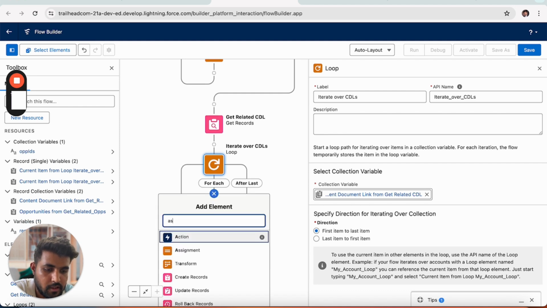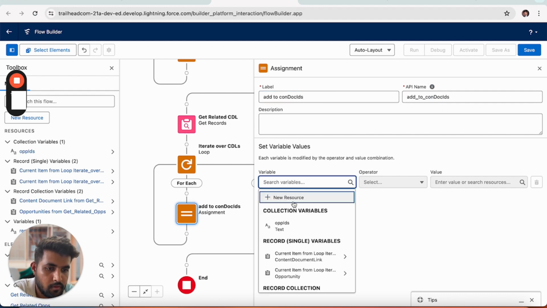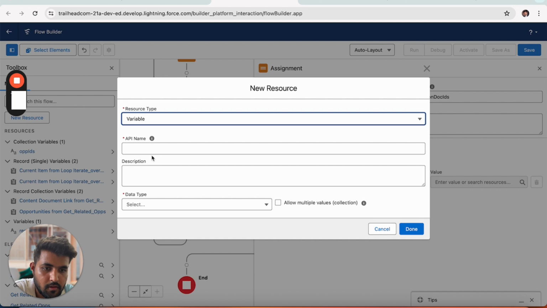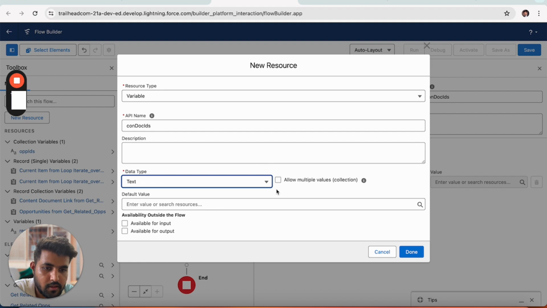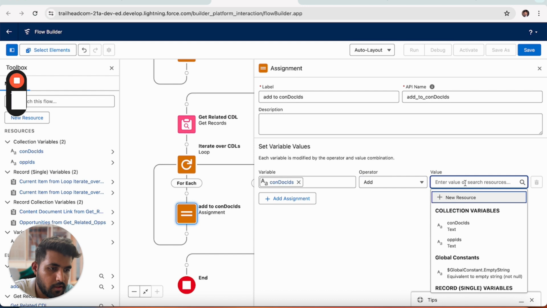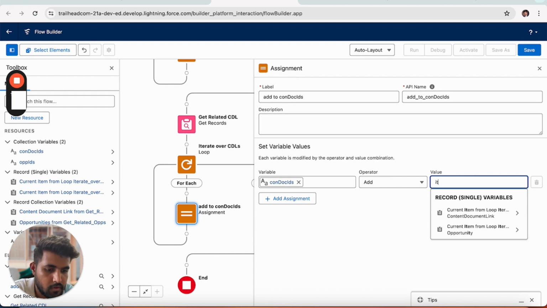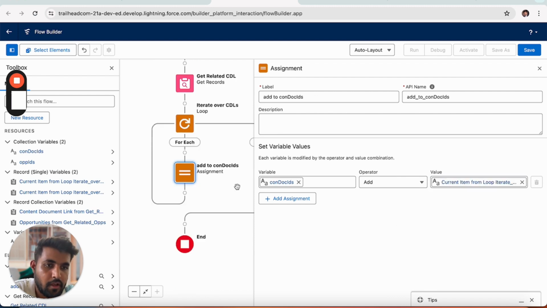Similarly, we'll use the assignment to create the collection variable. Add to the content IDs. Here let's name it as content doc IDs. Now the data type is text, and here we need multiple values, and we'll use the add operator, and here we'll select iterate over content document link and content document ID. Okay, so now we have a variable that contains all the content document IDs related to that opportunities